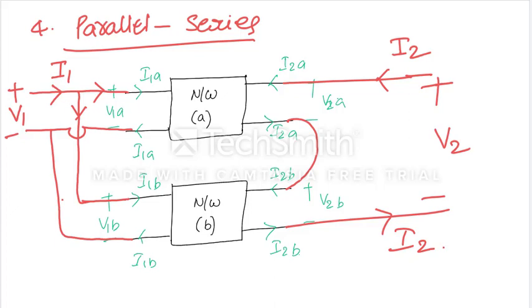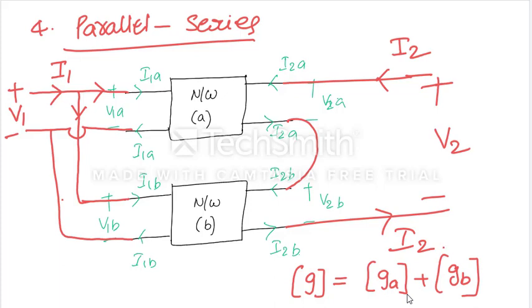In that case, the overall G parameters are given as GA plus GB, we can simply add them. So the overall G parameters can be added directly. Next, what is the other